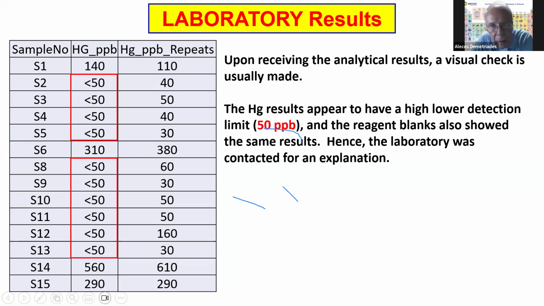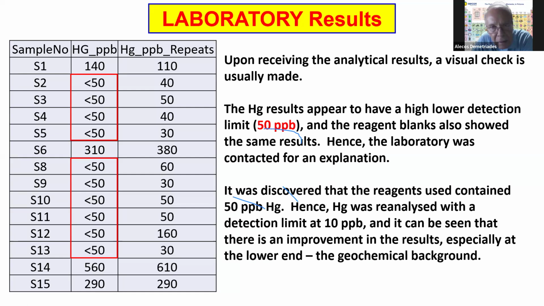So we asked the laboratory, why is this? And they discovered that they reused agents with a 50 ppb mercury. So they had to reanalyze all the samples and for the other elements as well. Okay, this was their insistence because it was their mistake, and we did not know how this would affect the other analysis as well. And as you can see, the mercury analysis with a lower detection rate at 10 ppb